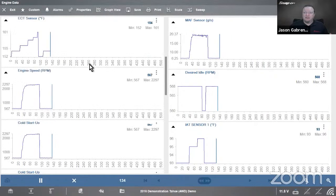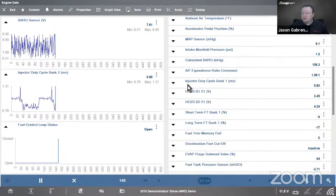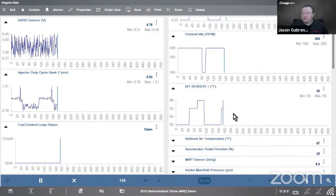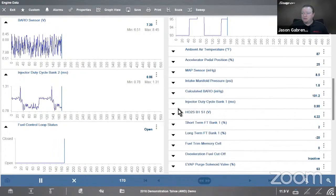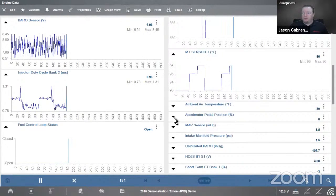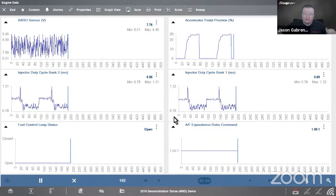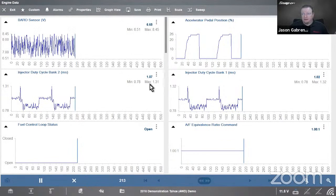So let's see. I'm going to scroll down. I'm going to open a few of these here. And you'll see the reason for it in a minute. You just scroll through and you see when it opens up to the top, everything shuffles down. So I have 6 on the screen right now. I can look at a max of 6 on this screen, but